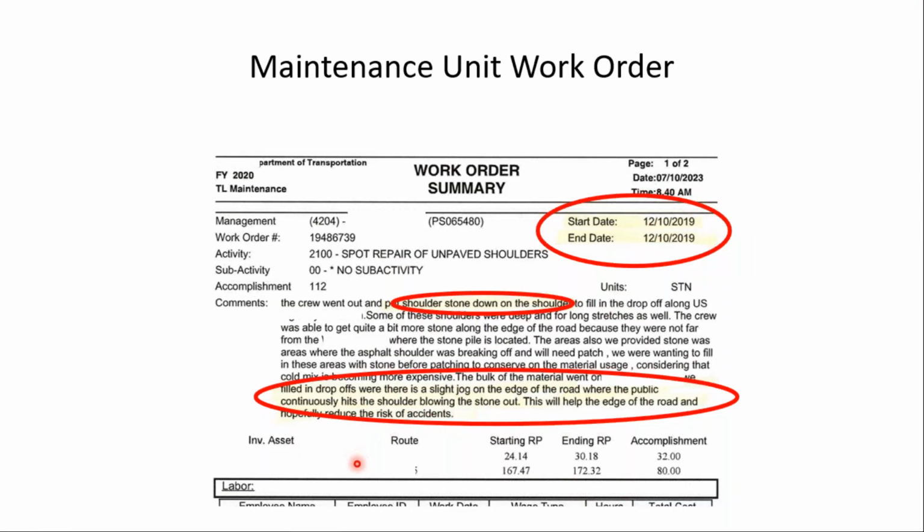So apparently this maintenance crew had kind of figured out the problem a couple years before the crash. They recognized that the vehicles who failed to make that jog, their right tires were, to use their terms, blowing out the stone. But it appeared that this information was not shared with the traffic unit or other unit of the DOT. So they claimed they were unaware that there was a problem.